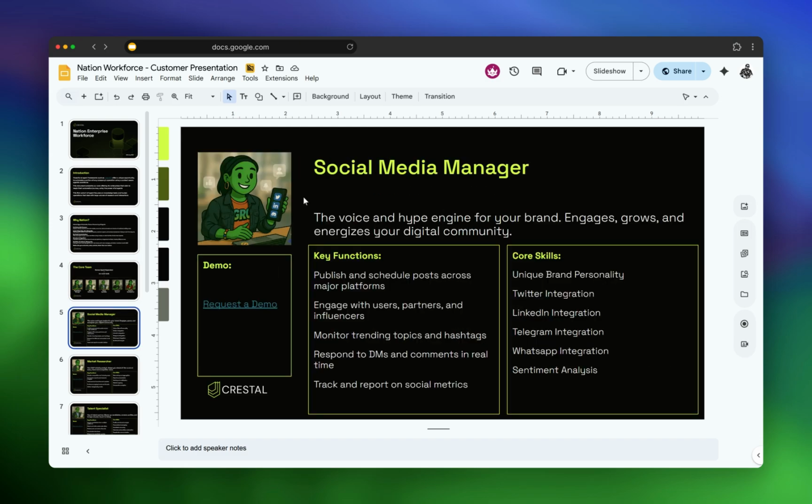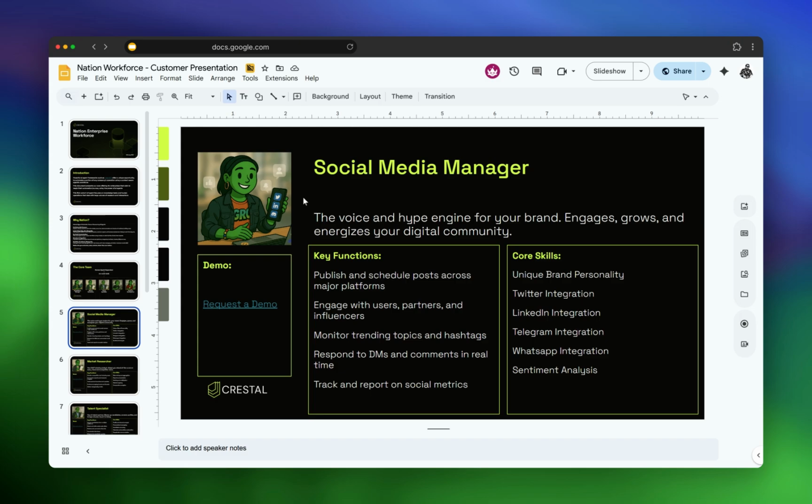Now, we have actually a lot of cases where community is quite active and clients are quite active, whether they're interacting directly with your brand or interacting with topics that are related to your industry and brand. You might want to be 24/7 available, on topic, answering key questions, but also energizing and integrating with this community. And that's where the social media manager agent comes into play.